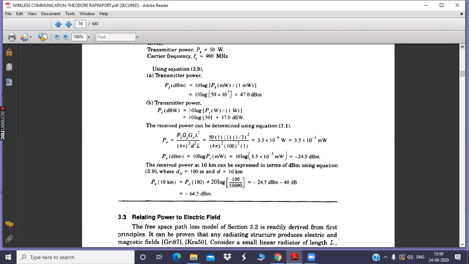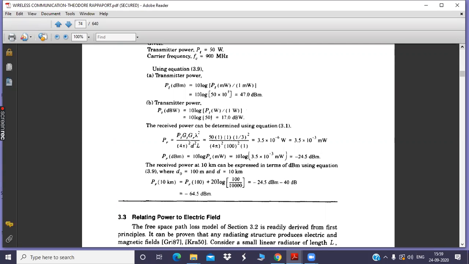Today I took the sectoring example. In sectoring, we compared two different systems, the sectored system and the unsectored system, 60 degree, 120 degree and all. Our conclusion was, when we go from an unsectored to a sectored system, we are able to increase the signal to interference ratio because interference is minimized. At the same time, we compensate in trunking efficiency. Trunking efficiency is going to decrease. That you need to compare. That is also very important.